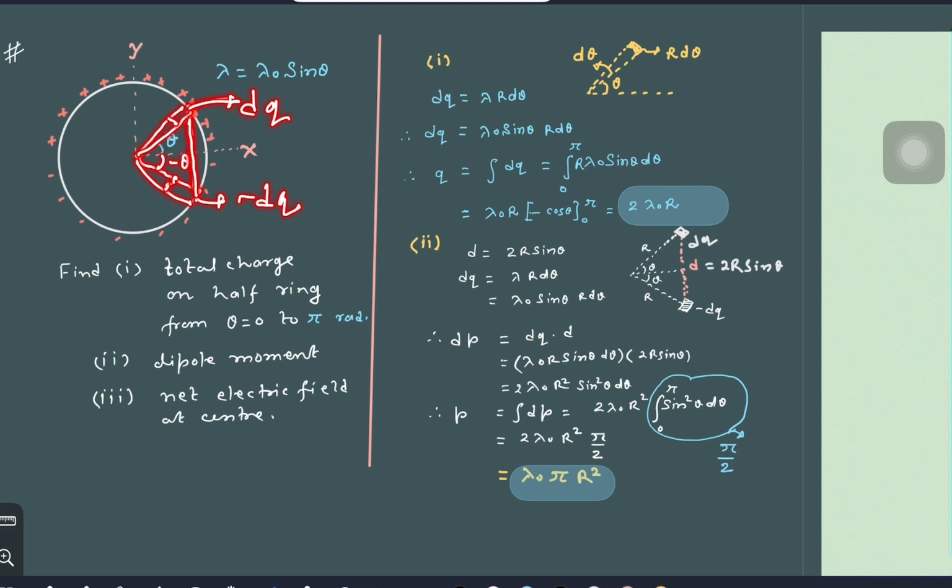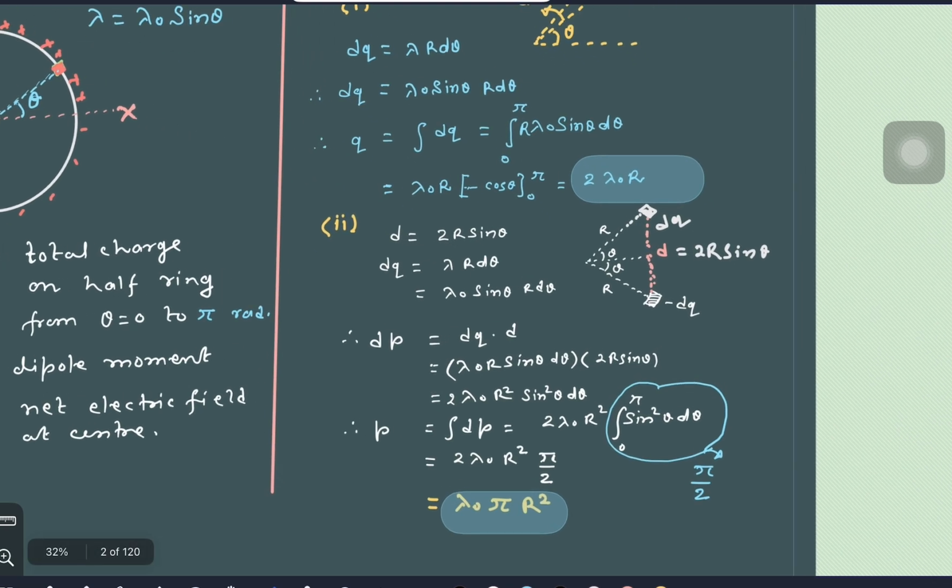So we can write the dipole moment of this pair of charges as dq into d, that I have done here. dq, minus dq, and they are at angular position theta. So separation between the charges will be 2r sine theta. And I have explained why there will be minus dq if there is dq. So dipole moment of this pair will be